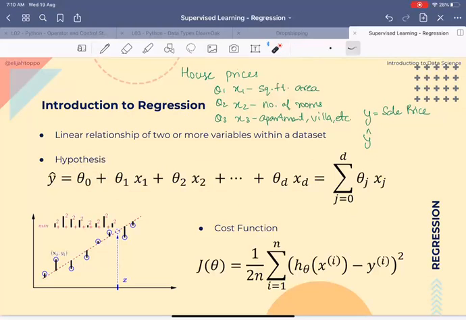Okay, so if I have 1,000 examples ranging from maybe $5,000 to $20,000, I can say the average comes to around $10,000, which tells me that this is the base price of the house. So irrespective of the features, if I don't know anything about the data, I will say let me sell the house at $10,000, and then as I add more and more information to the data, my value will become more refined or more accurate towards the actual sale price. So that is what this theta zero term represents.